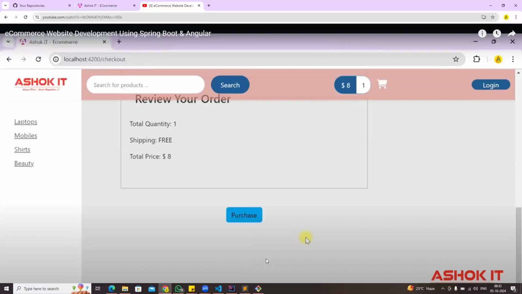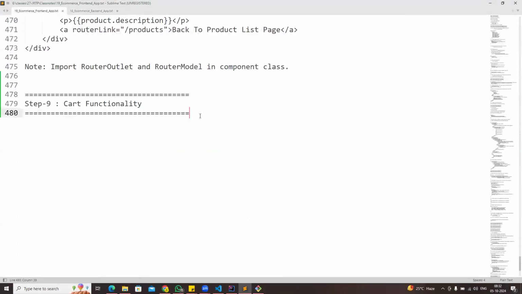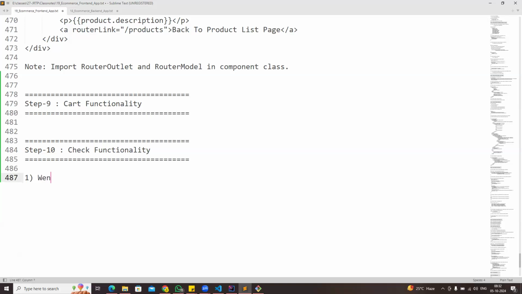So I'm going to give the overview of what tasks we need to implement now. Cart functionality is done. Now we are going for checkout functionality in the project. So when we click the checkout button, first thing, open the checkout form